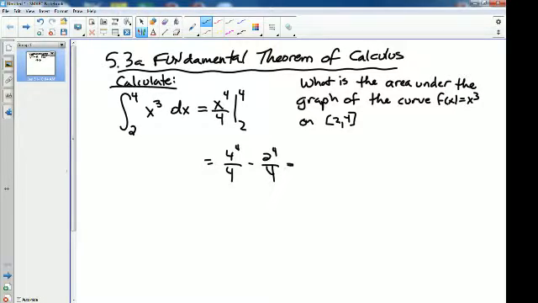No. No calculator. Number. What's 4 times 4? 4 times 4 is 16. 16. 16. 64 minus something. 256. Minus, what's 2 to the 4? 2, 4, 8, 16. So this is,